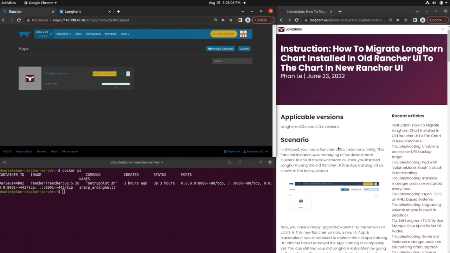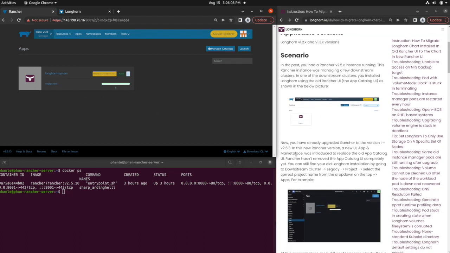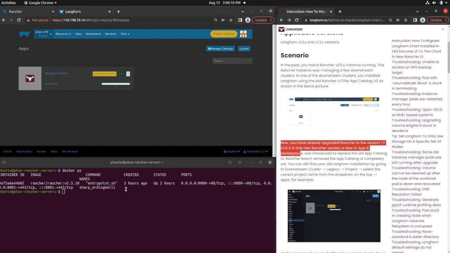So and then now you upgraded Rancher to a newer version. So let me quickly upgrade this Rancher 2.5.10 to the newer version. So the step to upgrade Rancher 2.5.10 to a newer version using Docker is, the first step is stop the current Docker container,